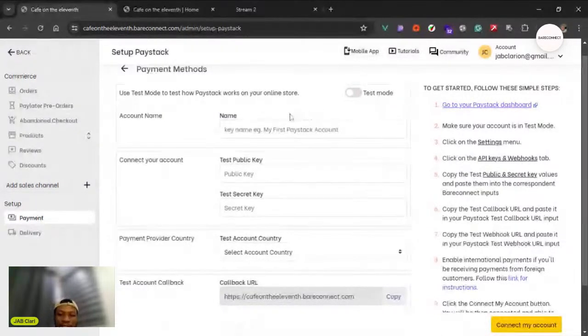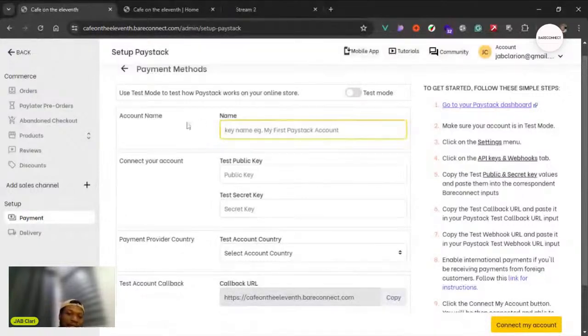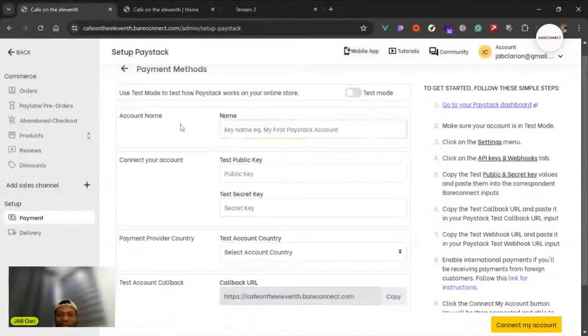We are going to give it a name. This name over here is not going to show on the checkout page, but it will help you remember the Paystack accounts that you use, because sometimes you have multiple accounts. You can have multiple businesses and they have multiple Paystack accounts. So you just want to make sure that you are not mixing them up. So we probably can call it